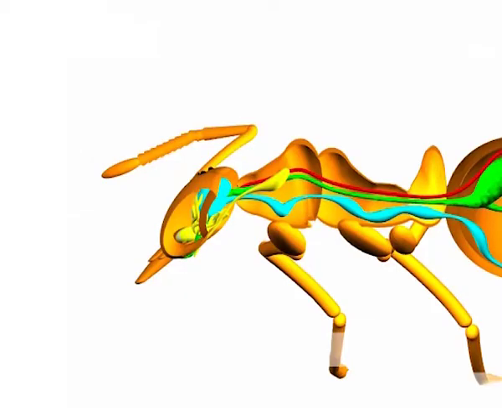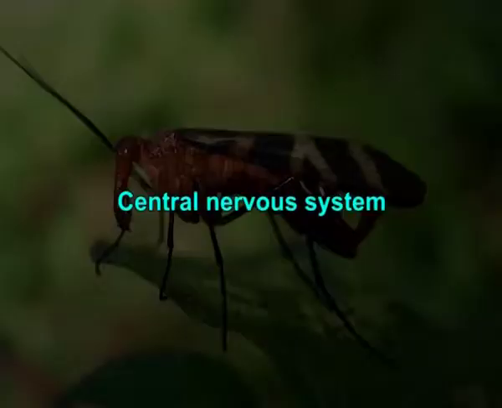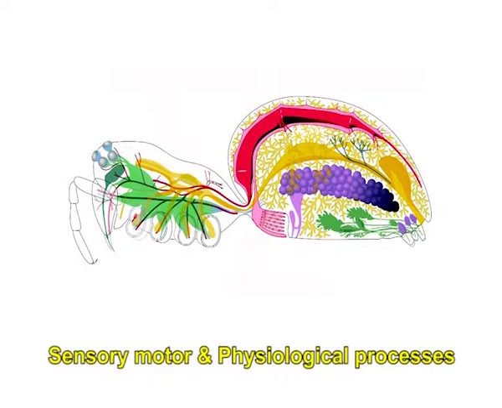Various chemicals such as acetylcholine are involved in the transmission of impulses across the synapse. The insect central nervous system consists of a brain, subesophageal ganglion and a ventral nerve cord. Central nervous system. An insect's sensory, motor and physiological processes are controlled by the central nervous system along with the